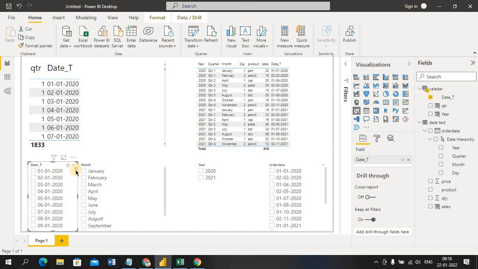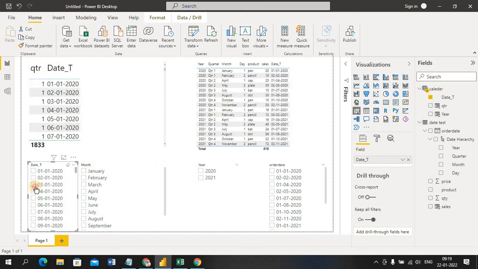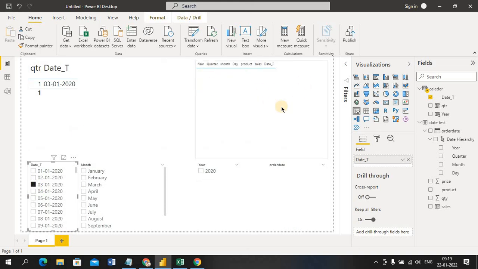So in real time scenarios it's very important. Sometimes your data is missing for a date, and they ask you to provide reporting on which days my store was closed or open. The missing dates they will consider as days when no transactions happened. So I'm selecting 03 here, and no data is present for me, which means on that day my store was closed.